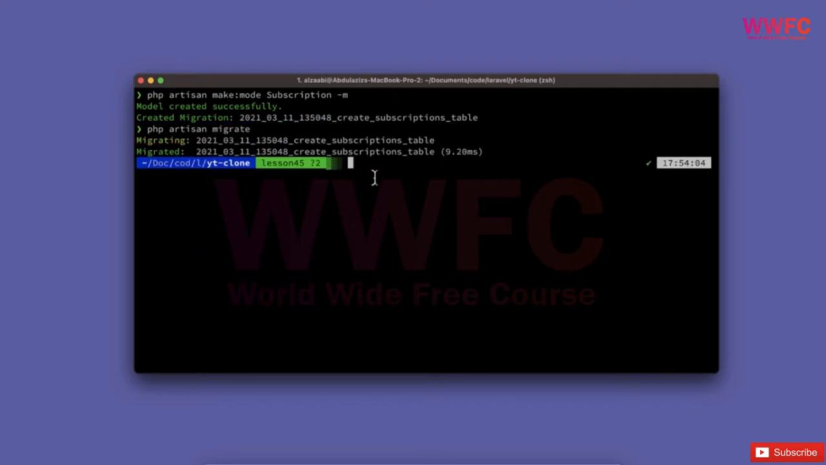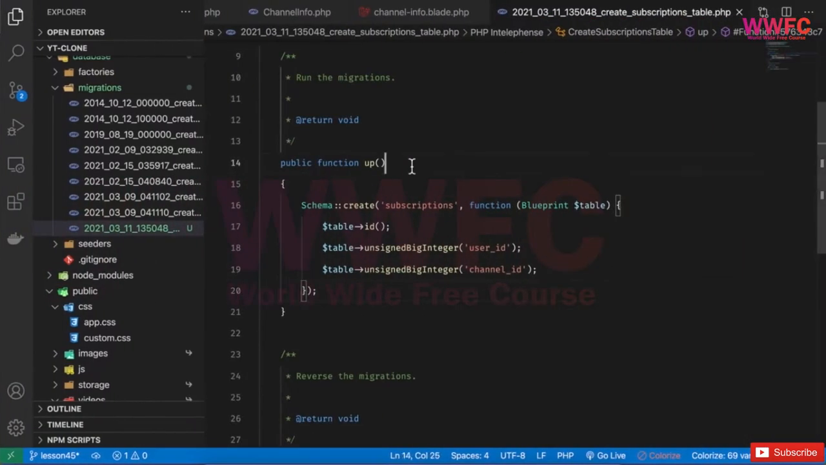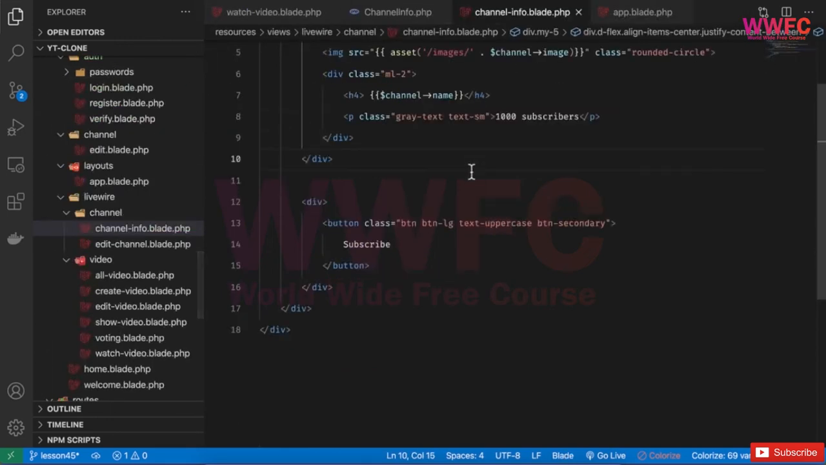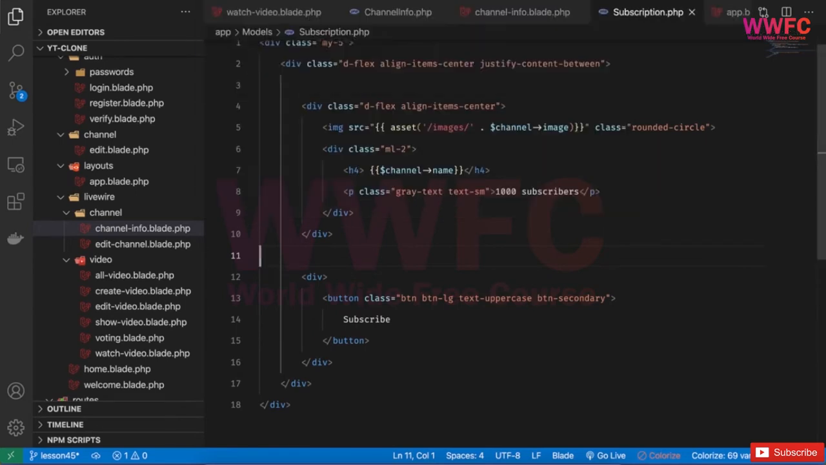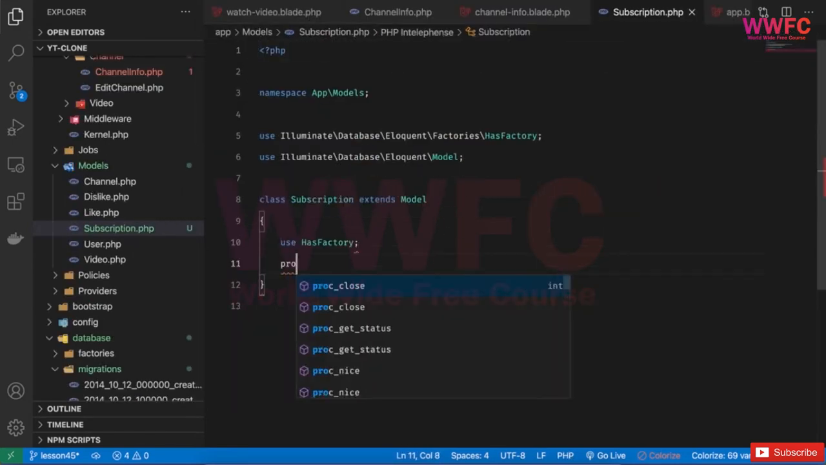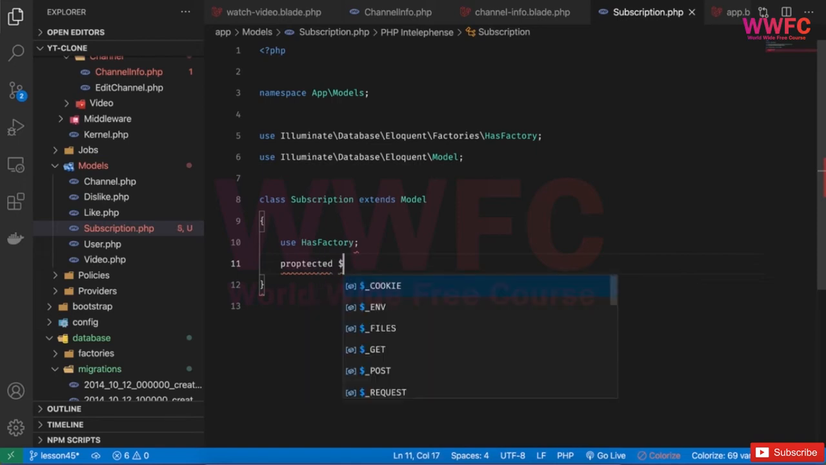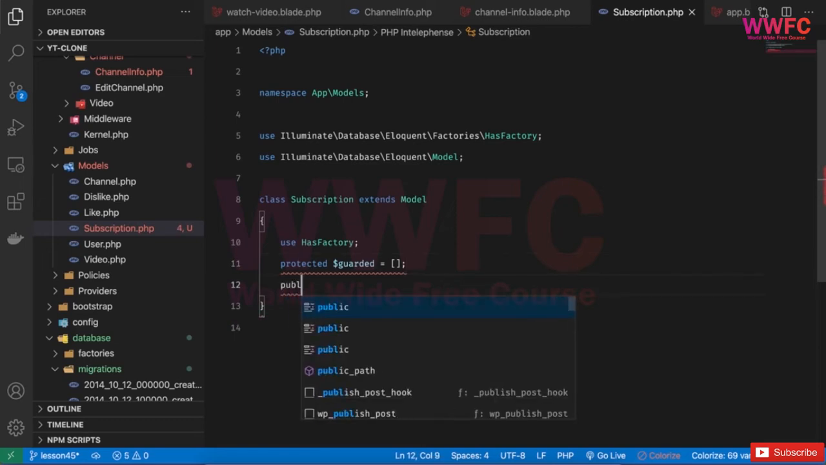Then going back to the terminal, php artisan migrate. Okay, so the table is created. Now, as usual, we'll do some model changes and add the relationships. So we'll start with Subscription, because it's very simple. We'll add protected $guarded to be an empty array,